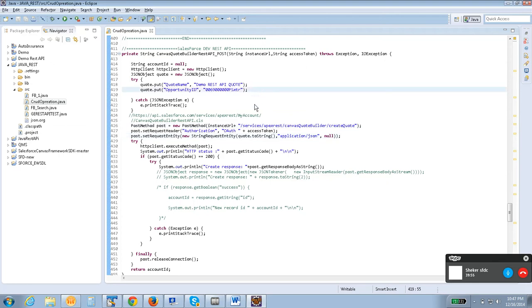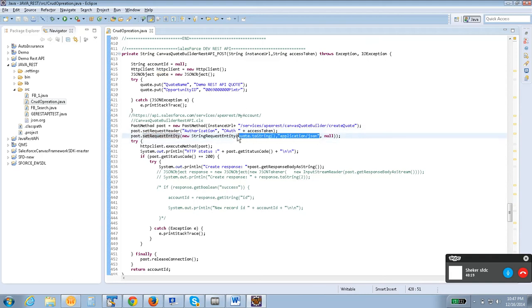So while sending the request parameters to that particular REST service, there will be two things. Either you can send it like this, and it is internally converted into a JSON string. So while sending this request entity, it is going as JSON only.